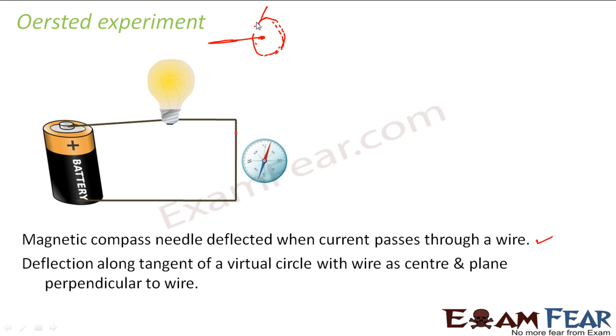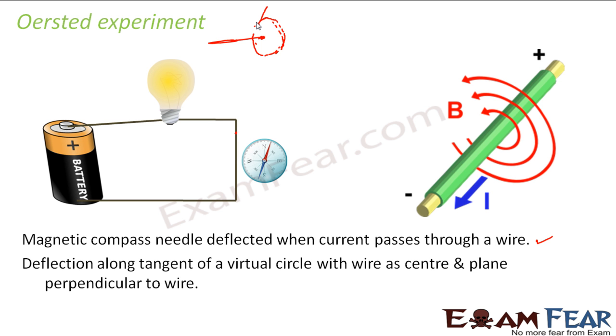So this basically gave us a final result that charges in motion not only constitute current, but also give rise to magnetism. So when charges are moving, they give rise to a magnetic field as well. Later it was concluded that if you have a conductor here, this green rod is nothing but a conductor, or you can consider it as a conducting wire, where current I is flowing through this conductor. That means when current is flowing through a conductor, there is a magnetic field around this conductor.